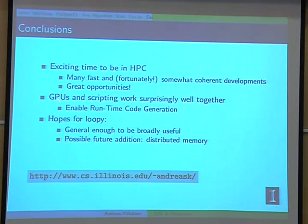And GPUs and scripting languages don't seem like an obvious match in some sense, but if you adopt this view of code generation, it seems to work surprisingly well. And my hope for Loopy is that it's just general enough to do a broad cross-section of number crunching things that you might do. And something that I'm thinking about is, well, once we're in the business of understanding calculations,